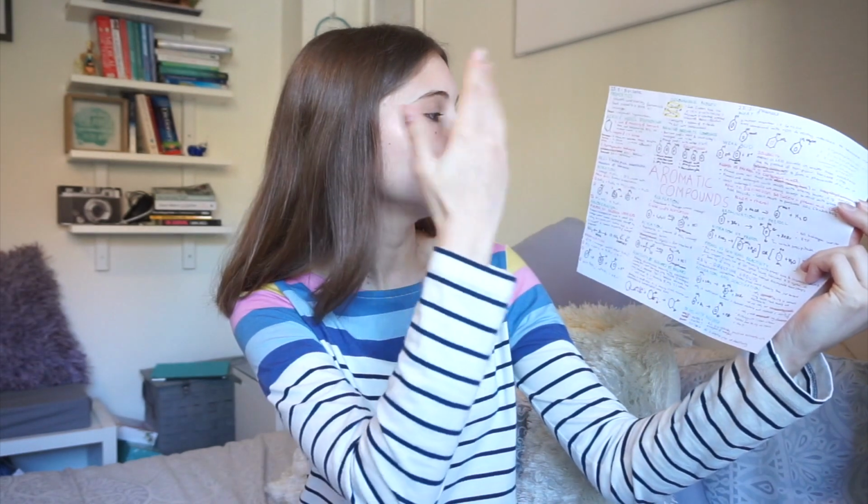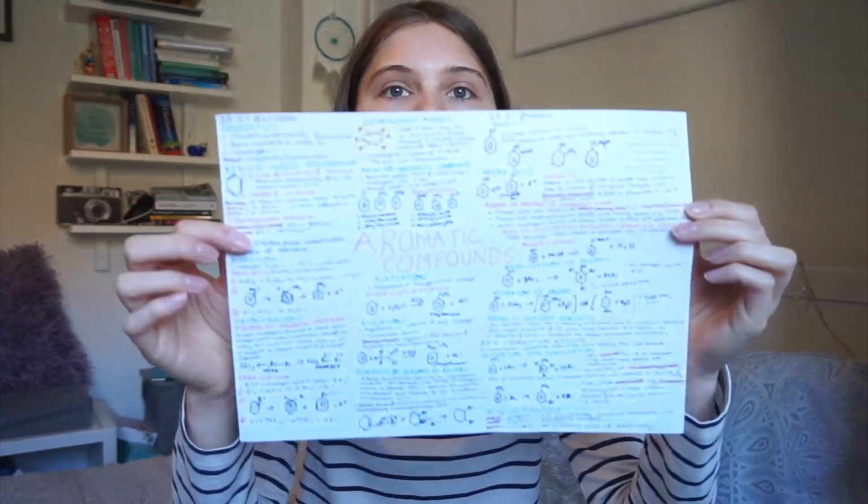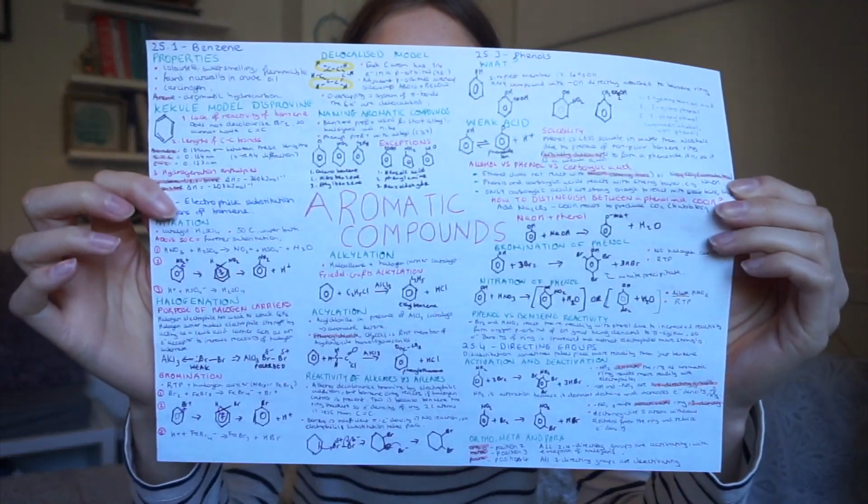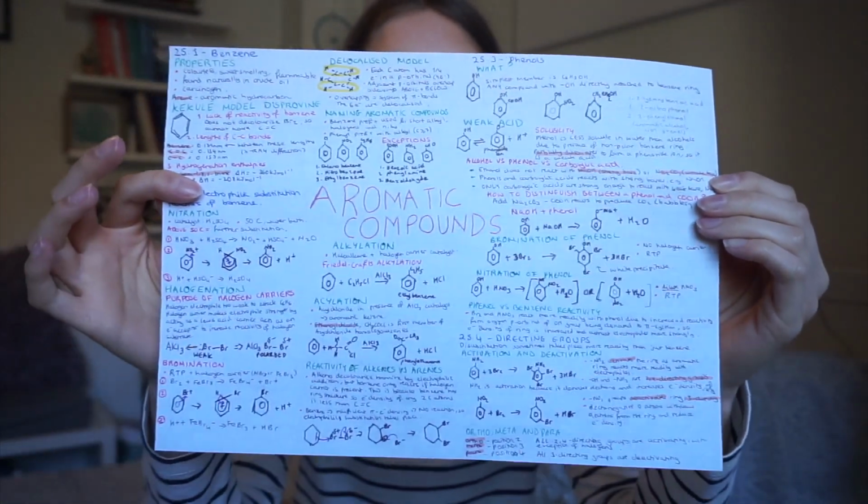And then an example for chemistry, aromatic compounds, where I will do a more in-depth video about this, but I basically separated the topic into sections. So for example, benzene, electrophilic substitution, and so on, and then I would put the most important information of that topic in each little section. So I found these a lot easier to revise nearer exam season because these literally take 5 minutes, whereas flashcards take a good 25 minutes to revise.